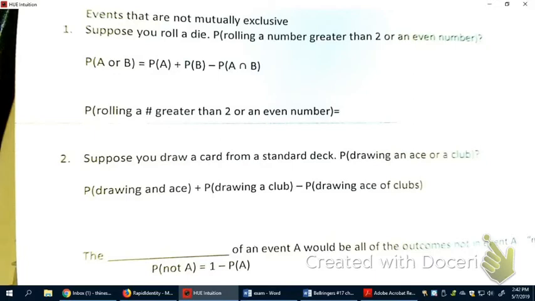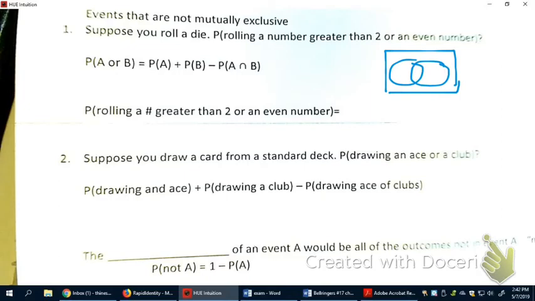So probability of A or B, one way to do it whenever it's not mutually exclusive is to figure out the probability of A and then add the probability of B. But you have to subtract off the probability of A and B. Okay? And I'm going to show you a Venn diagram, although you don't have to do it this way. Okay? So, if this is a Venn diagram,